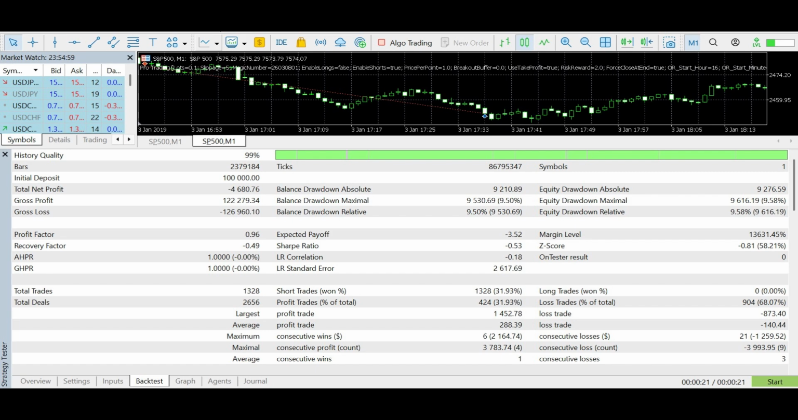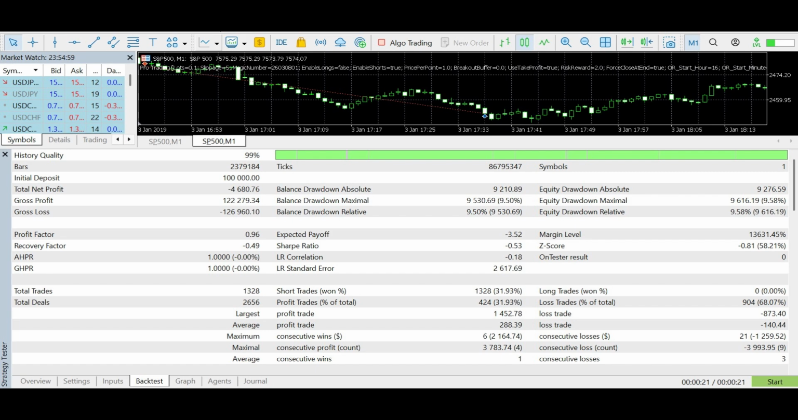The average winning trade was about $288.39. The average losing trade was about negative $140.44. So the winners were much bigger than the losers. But the problem is the win rate was too low. The strategy only won 31.93% of the trades. So even though the winners were bigger, there were too many losing trades and the strategy